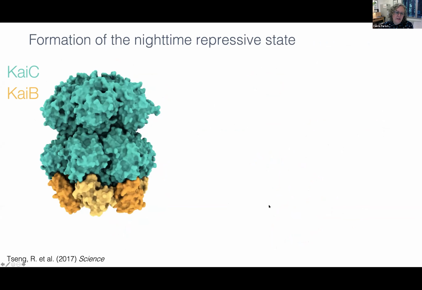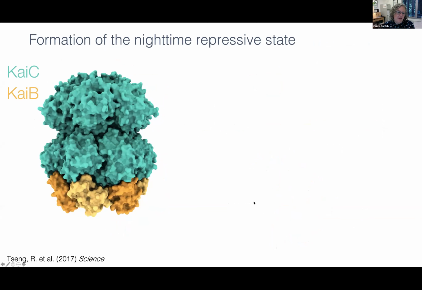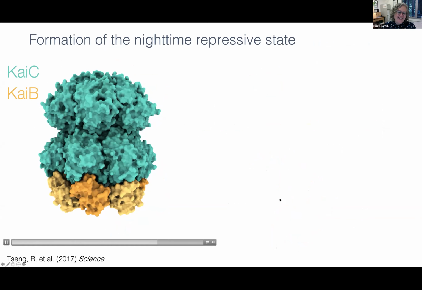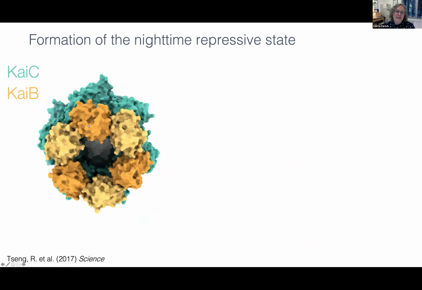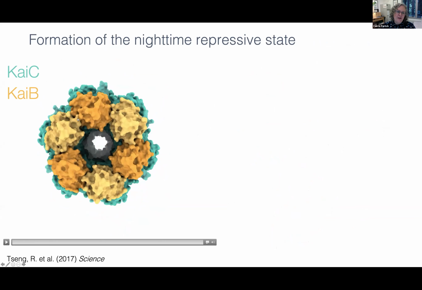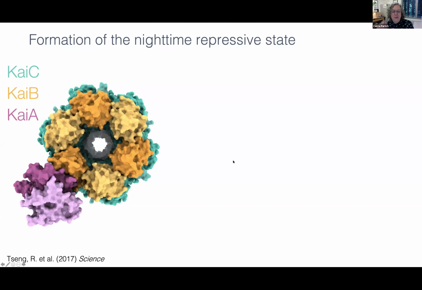KaiC. And so here I'm depicting, it's a little dizzying, the KaiC hexamer bound here. And the critical thing that I want to point out, I've colored alternate monomers of this fold switched protein that's docked onto KaiC in different colors here. And the job of this protein really is to bind to KaiA at night and sequester it. I'm not going to go into detail here. This is covered in this paper from 2017. But you can see that one monomer of KaiB is actively sequestering KaiA, allowing KaiC to reset for